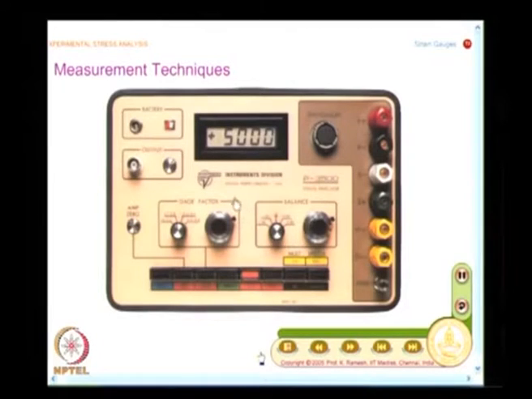It is not that you take a strain gauge, connect it to the strain meter, and measure the strain. It is not as simple as that. You have to make certain settings. One of the first steps is to check whether you have selected the correct completion resistors of the Wheatstone bridge. The second aspect is, you have a knob available for setting the gauge factor, and you all know that delta R by R equals Sg into epsilon, and Sg is like a multiplication factor, and I said Sg is determined experimentally and supplied by the manufacturer.